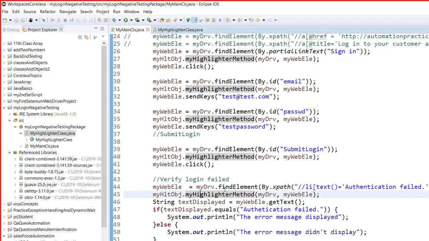Okay, let me show you. Can you see this authentication? There is an N missing here. So that's why when we are comparing the text from the screen versus the expected text, it is not matching. So if you run it one more time,